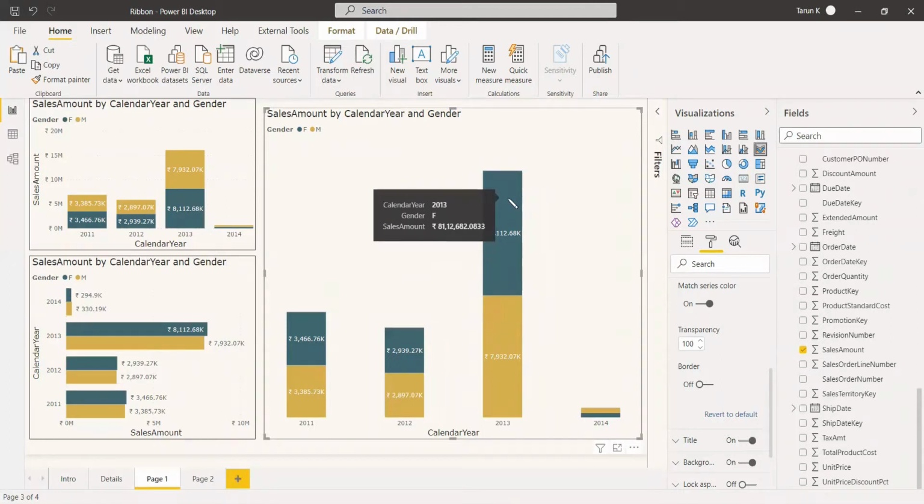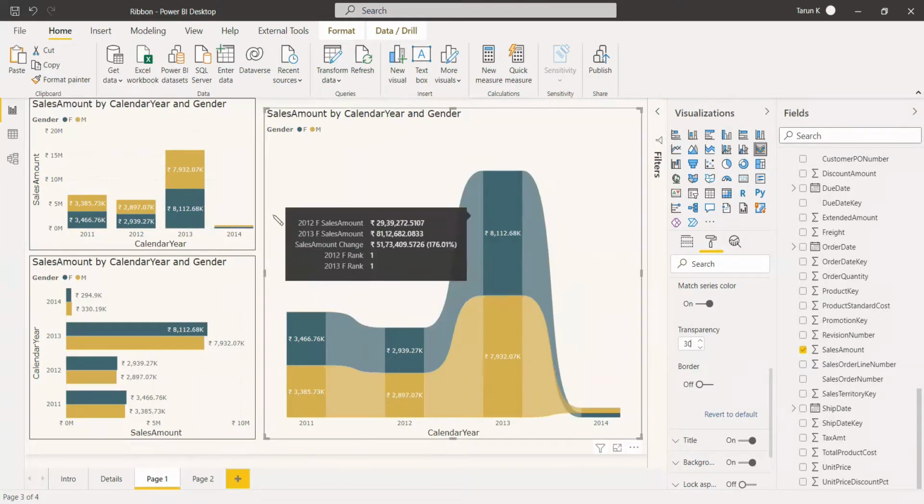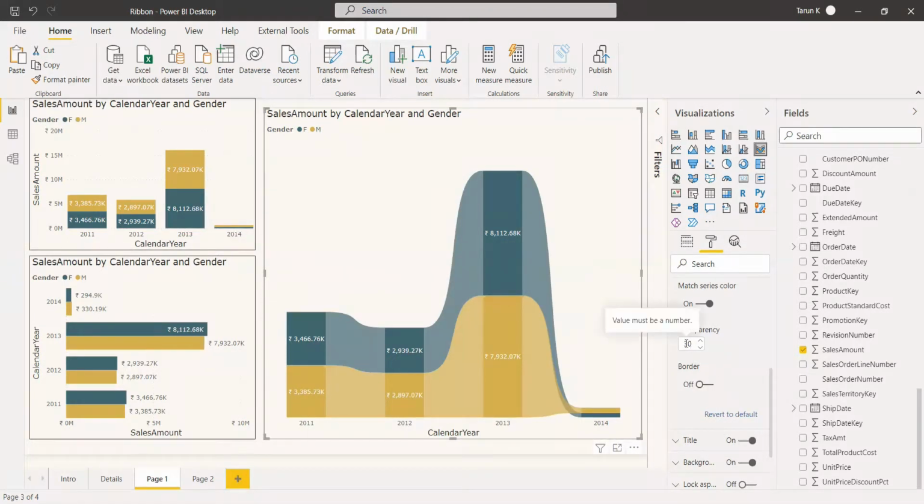So this gives more insight than the stacked chart and clustered chart. This is the big difference between the ribbon chart and the other charts. So the ribbon chart gives more details. You can change the ribbon chart like this, or you can change it to this way by giving 100% transparency here. In this way, we can use this ribbon chart for getting more insights.